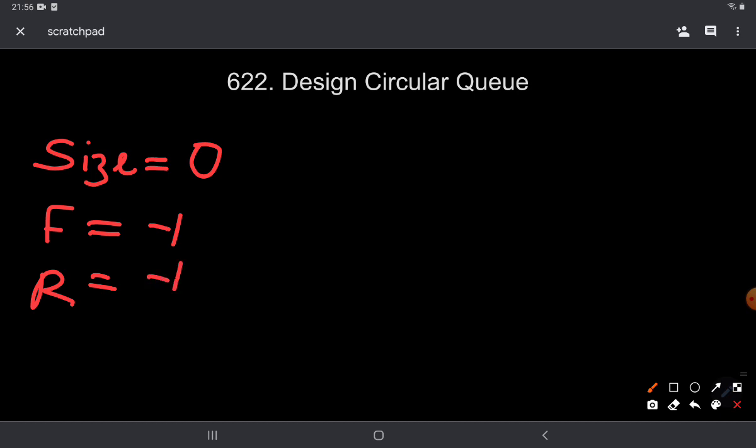Now let's say I add 1 in the queue. Since this is the first element added, both my front and rear would now become 0, and my size would grow from 0 to 1.